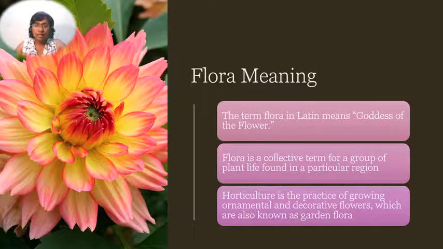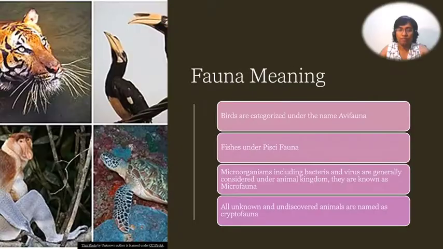The term flora, as I said, in Latin means the goddess of flower. And horticulture is a science that practices the growth of ornamental and decorative flowers. It's called garden flora. Because fauna represents the entire animal life, which is indigenous to a particular region, the classification of fauna is much more complicated. We see that fauna